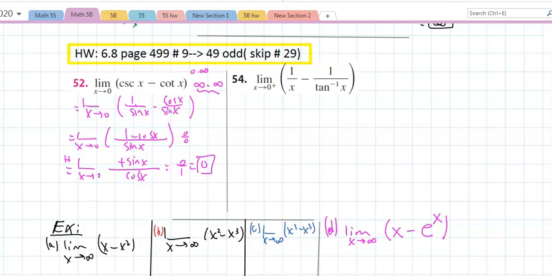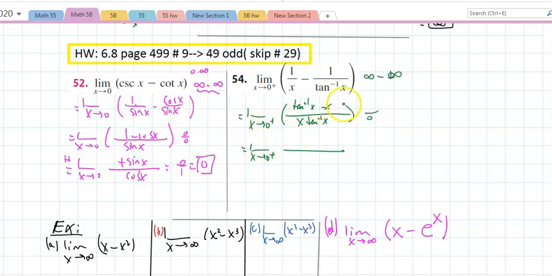If I look at number 54, 1 over 0 is infinity. And 1 over inverse tan of 0 is 0. That's also infinity. This is another special case. So here what I'll do, I'll get a common denominator as well. Since this is already fractions, the LCD is x inverse tangent of x. That will be inverse tangent of x minus x. That's the limit as x approaches 0 from the right. And let's see, if I put a 0 in there, the denominator is 0. The top is 0 minus 0, which is 0, so by L'Hopital: